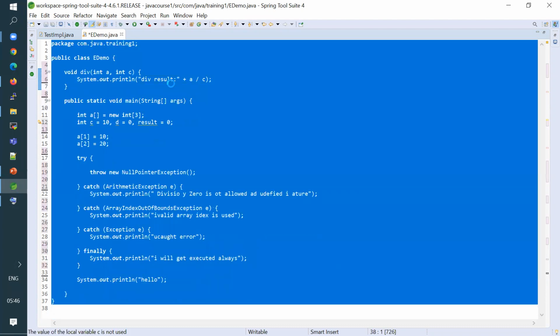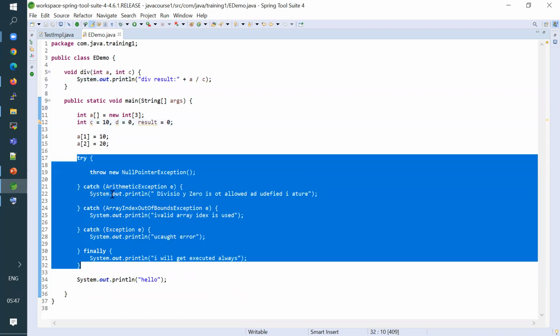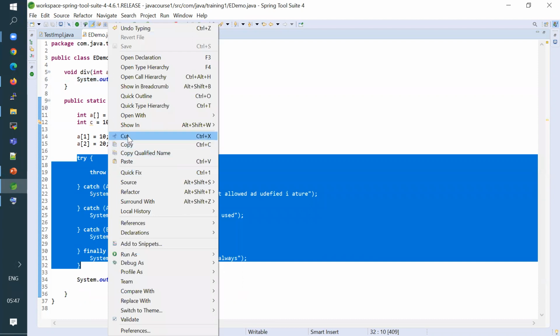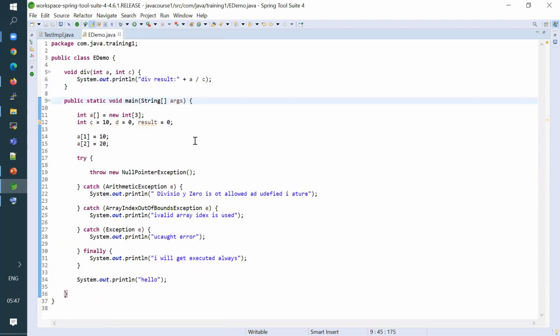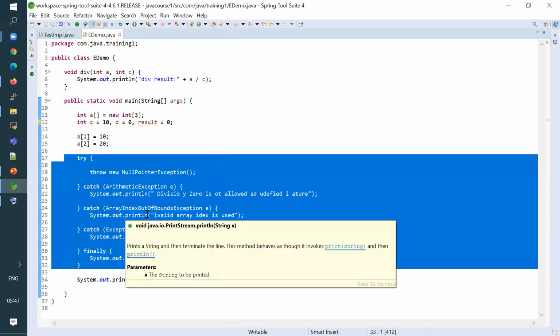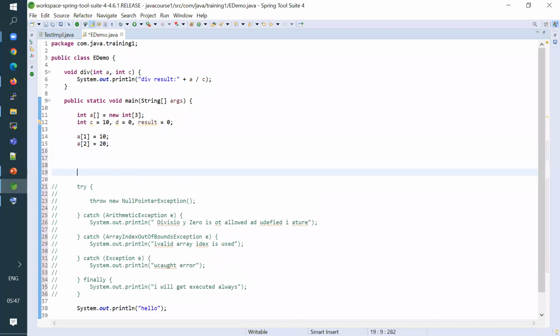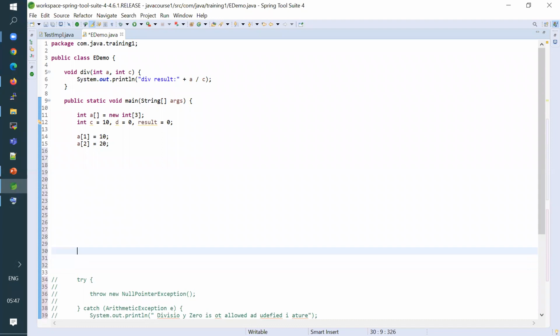So basically you have a method like this. Okay, and I'm just commenting everything, guys. Suppose here, let's assume I am calling the div method, div of 6, 2.